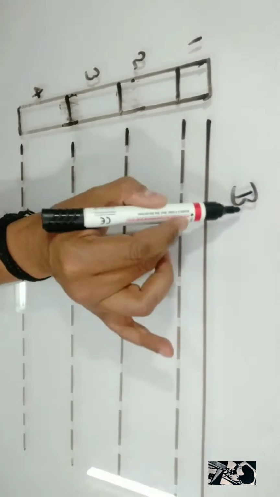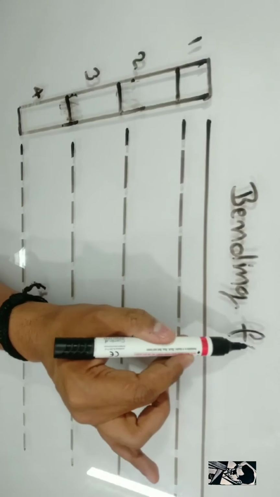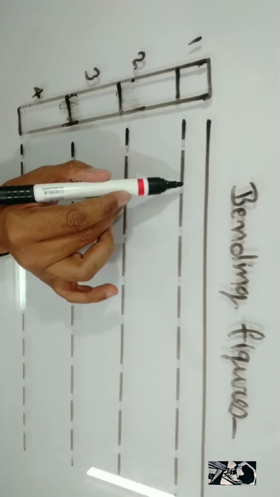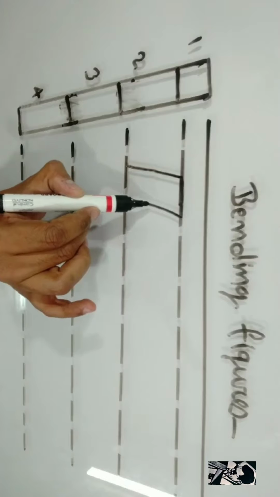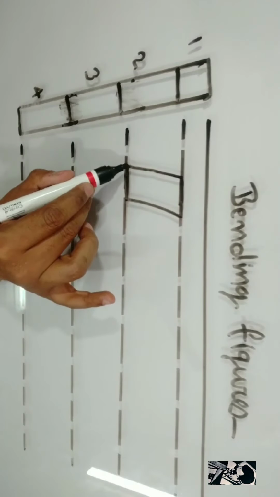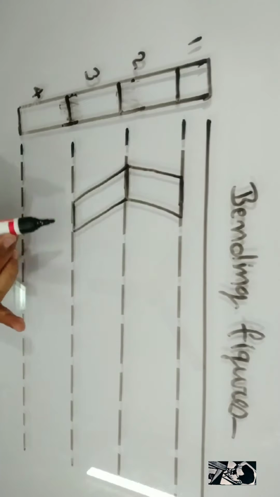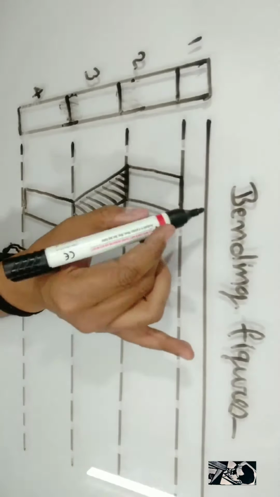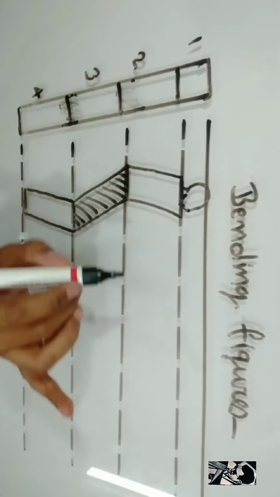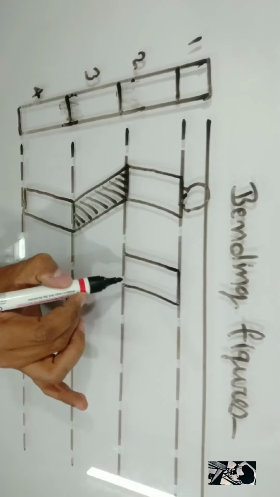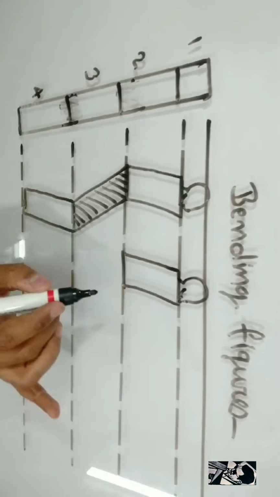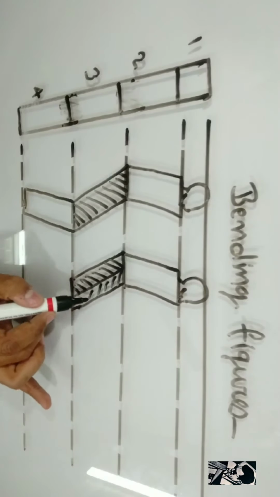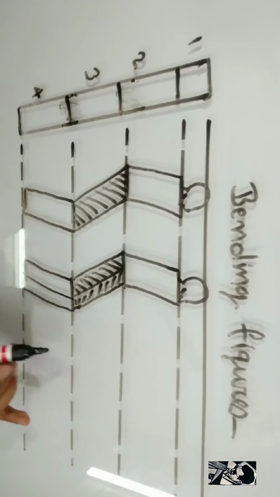So now again we are drawing the simple bending figures, which are also known as simple paper fold techniques. So first of all, we have a paper which is divided in four equal parts. Now we will look at the very simple bending figures here. The legs are joined in the first and second. In the third figure, the legs are slightly apart, and in the fourth one, the figure is moving. The figure is running like this.